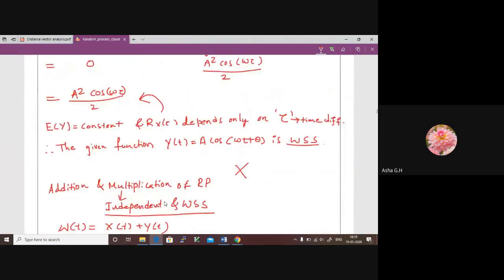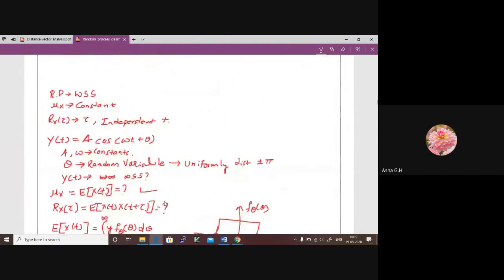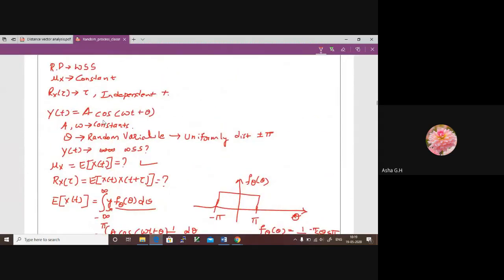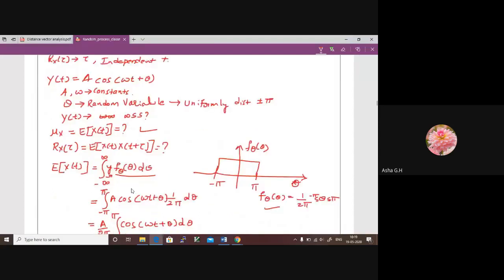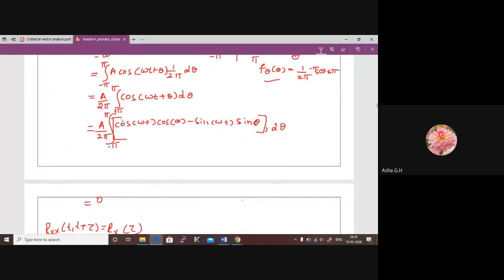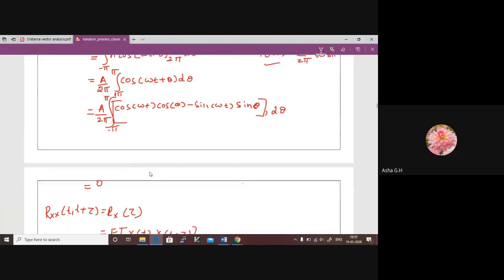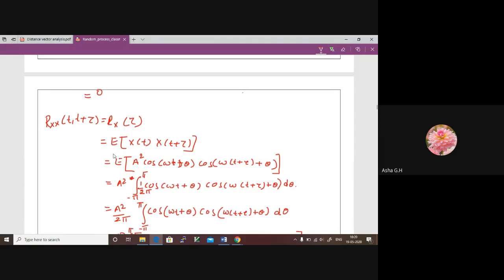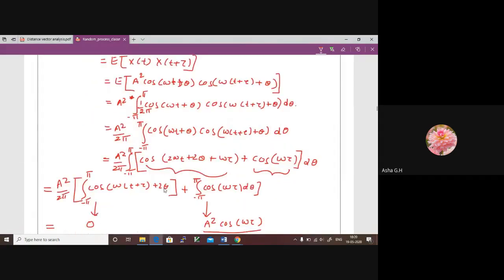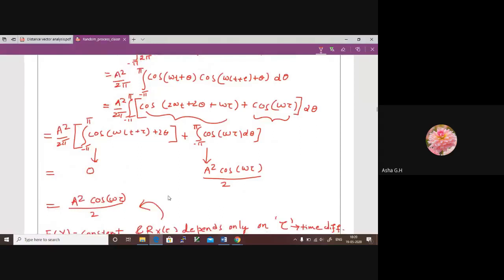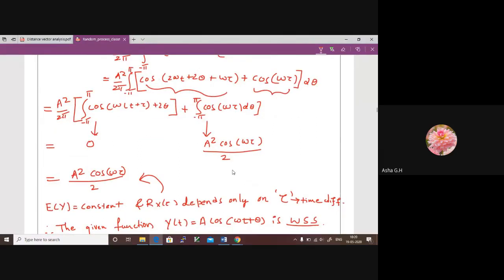In the previous class, I think we did this part, A cos(omega t plus theta). We tried to solve it, but we could not do it step by step. Maybe here you can expand it. A few students have done it and told the result. You can practice it once again. In most of the cases, we take this answer because this is our autocorrelation function, and we directly substitute it in most of the later examples. So try to practice this once or twice. Later, it will be easy for you.